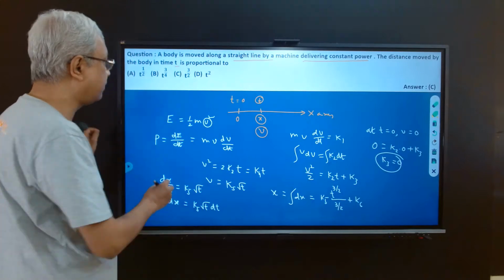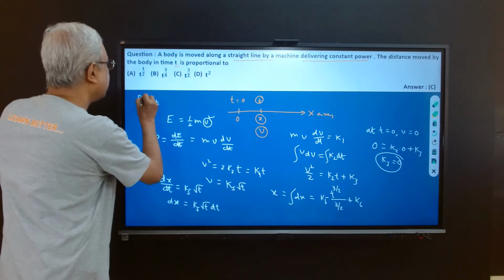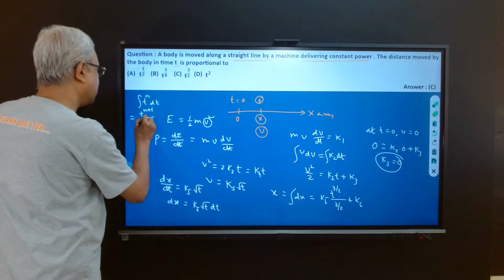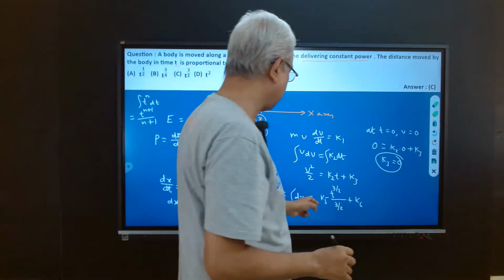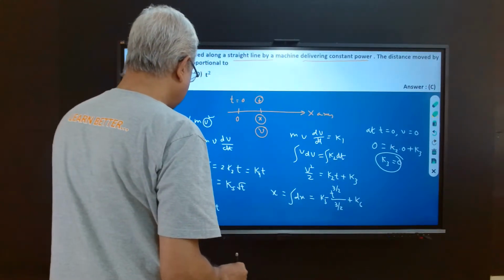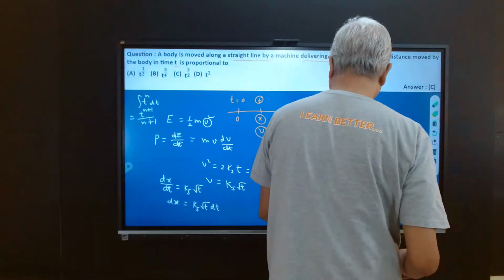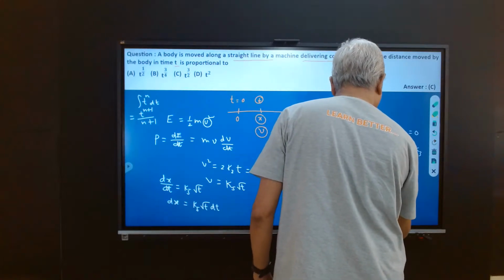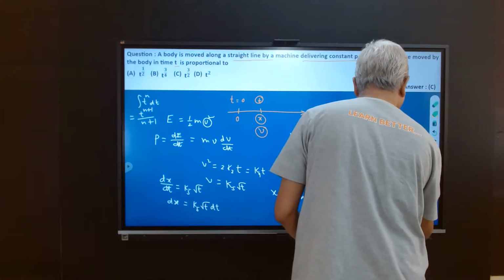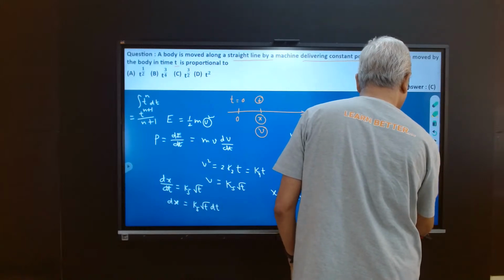Is it okay? You know that the integral of t to the power n dt is t to the power n plus 1 by n plus 1. So here v is k5 root over t, so t to the power half plus 1, t to the power 3 by 2 divided by 3 by 2. So x is equal to 2k5 by 3 t to the power 3 by 2